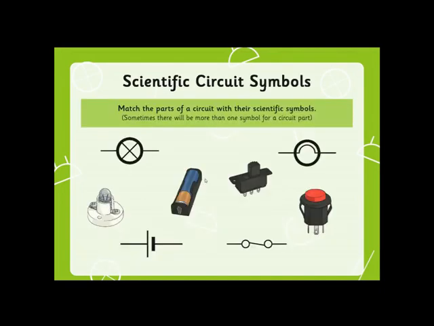Right, scientific circuit symbols. So we know what a circuit looks like. Now we're going to be thinking about what it would look like scientifically. Each of the components of the circuit has a scientific circuit symbol to go with it. So we're going to look at the diagram in front of you. I want you to think about which of those scientific circuit symbols you think